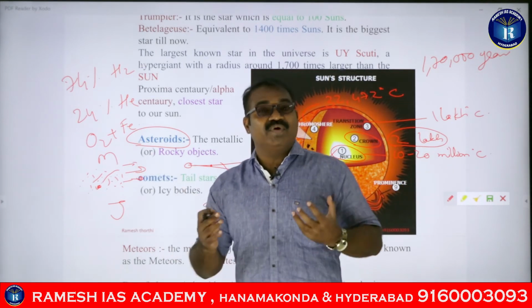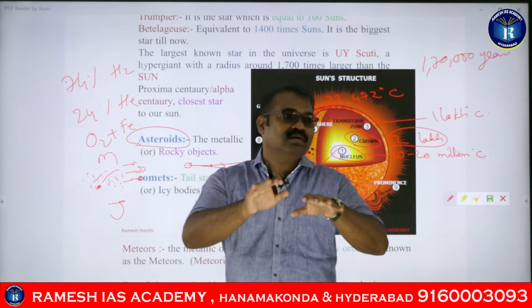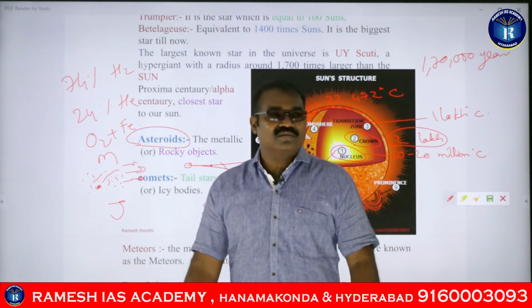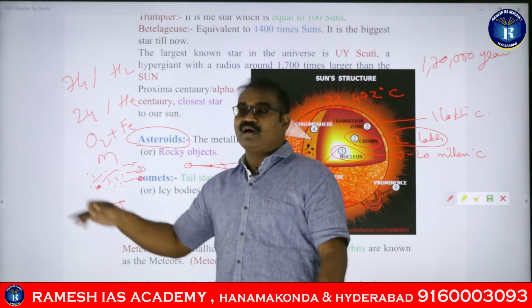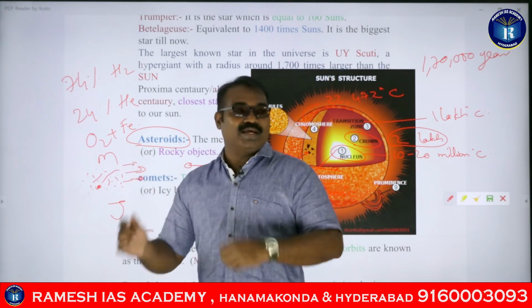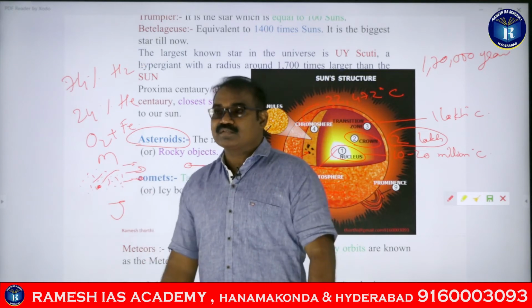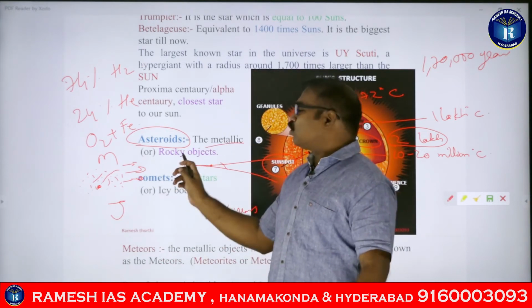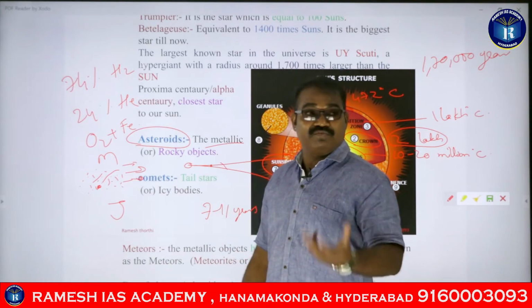When the velocities differ, automatically what happens? When everyone is going with the same speed and suddenly one object increases its speed, it will lead to collisions. And one collision may lead to several cascading collisions, because billions of them are moving in the belt, guys. When all of them strike together, the bombardments will increase the temperatures. When the temperatures increase, they are made up of metallic and rocky material, which means all the minerals, so they will all melt, guys, because of the increased temperatures.